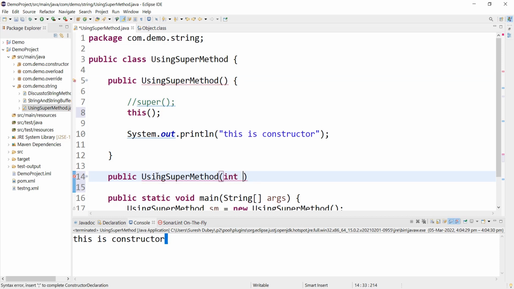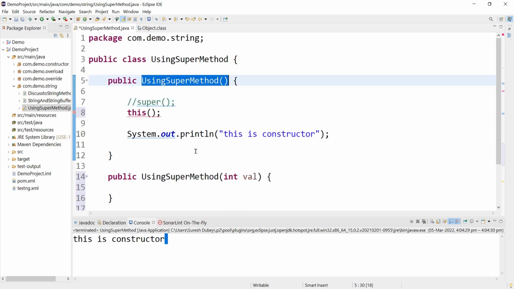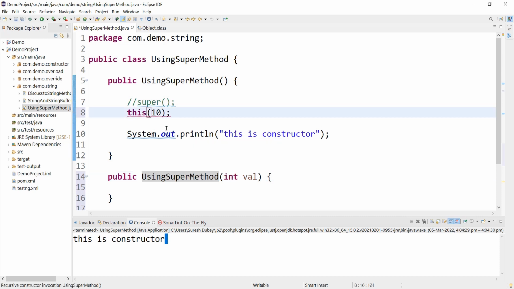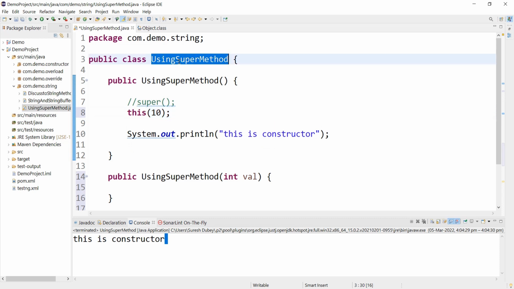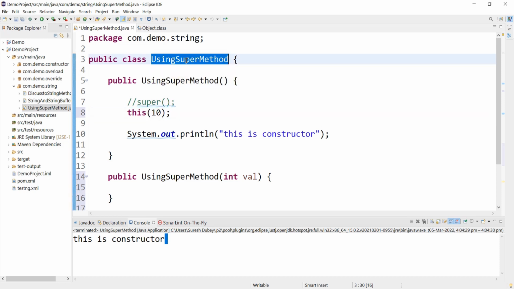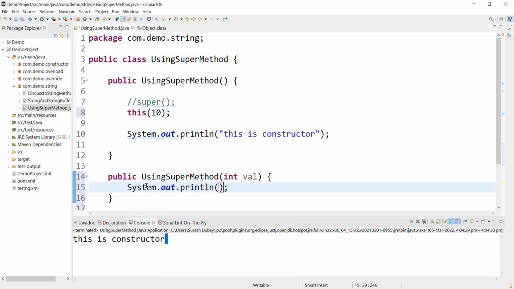and for example it's taking one integer value like this. So this was a non-parameterized constructor and this was the parameterized constructor. So I can access the parameterized constructor using the this keyword. I can use it like this. This will call the constructor of the same class where this is being called. So in this case, this statement will call a constructor of this class which is accepting one integer parameter, which is this one. And here also we can print some statement